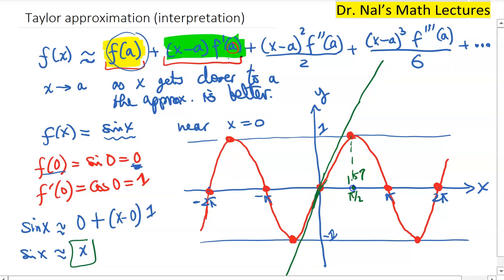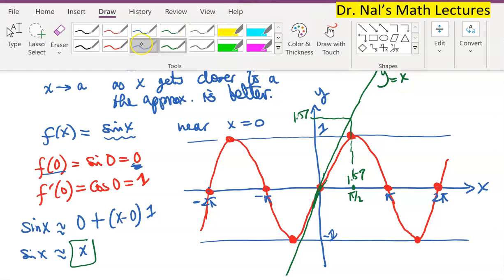So at the point 1.57, it will take the value of 1.57, 1.57. So this is y equals x. All right, so this is more or less an approximation. What it does is for points nearby